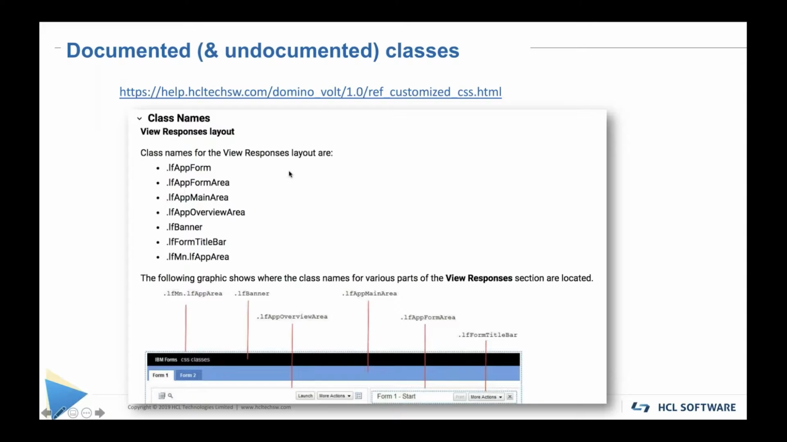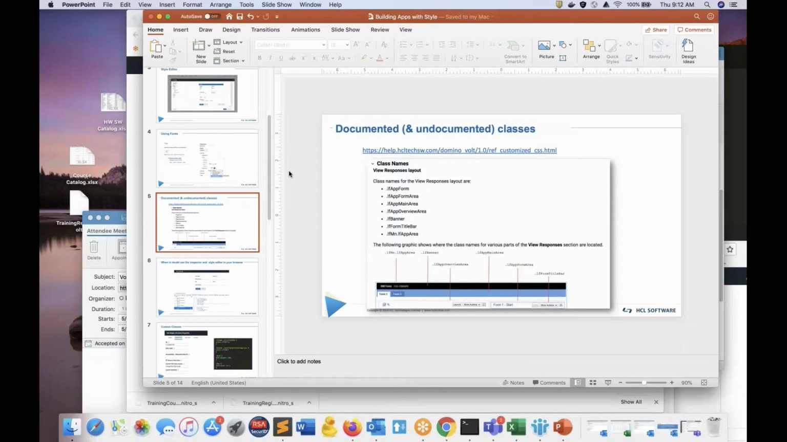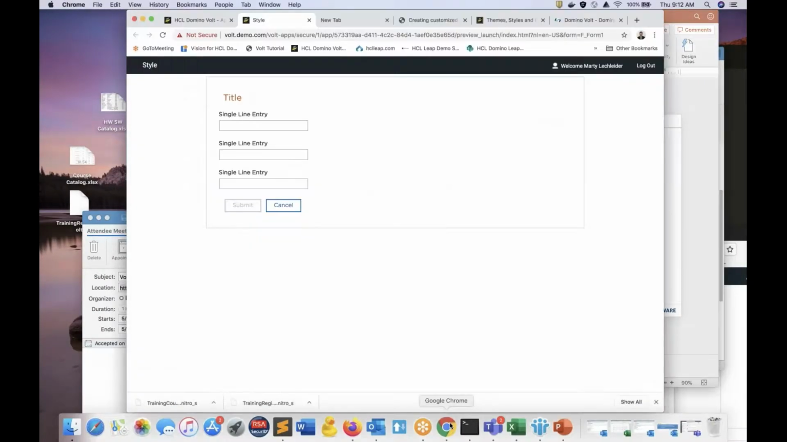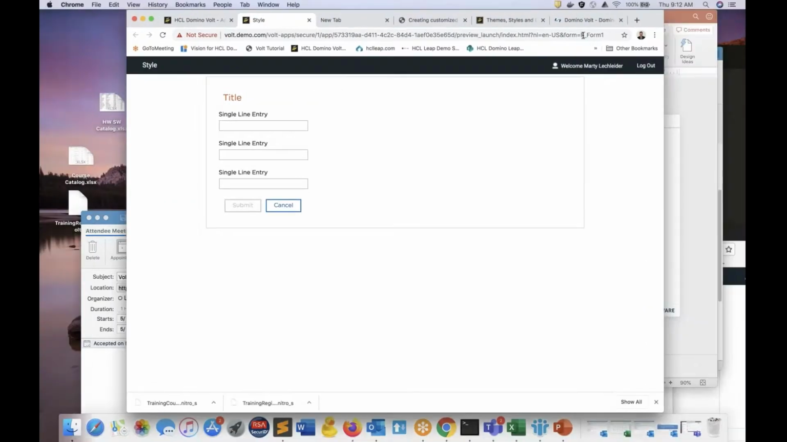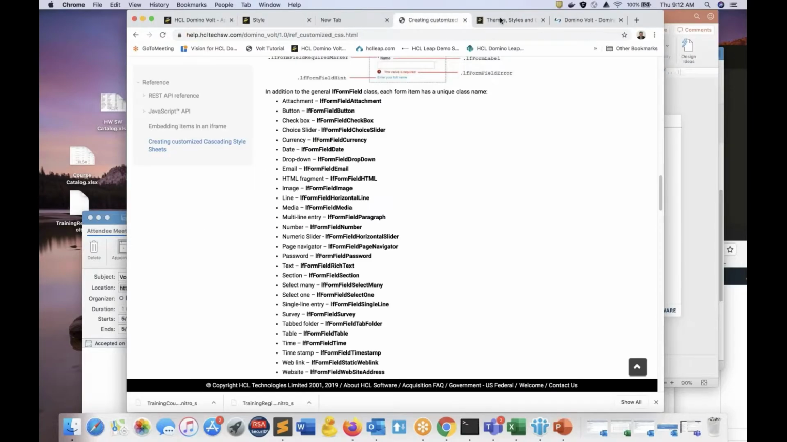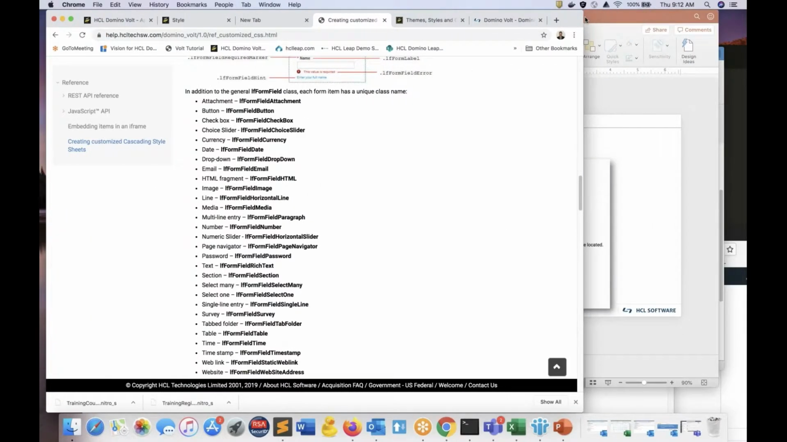Let's talk about documented and undocumented classes. Every application has the default CSS associated with the theme that you select, and what you can do is make changes. There's a section of the documentation that gets into this. Let me go back over to the browser. We'll make this big. If I make it big, I'll lose my tabs. And that section of the documentation